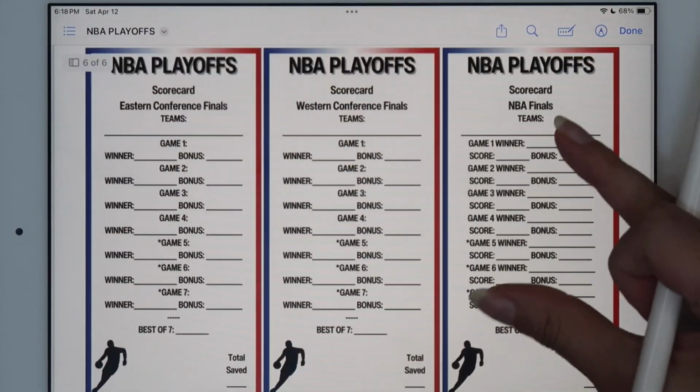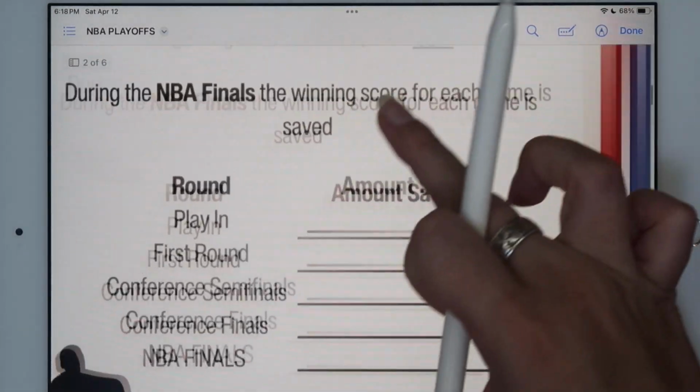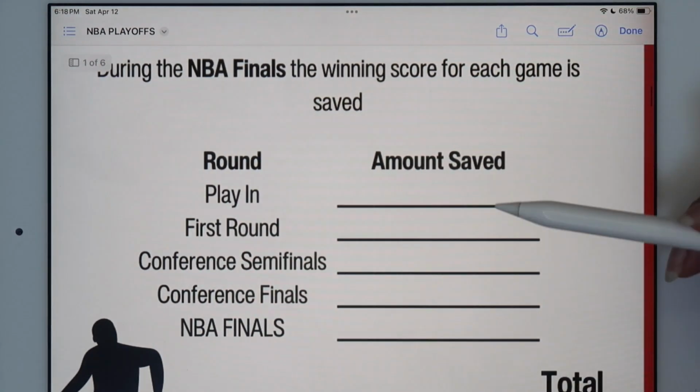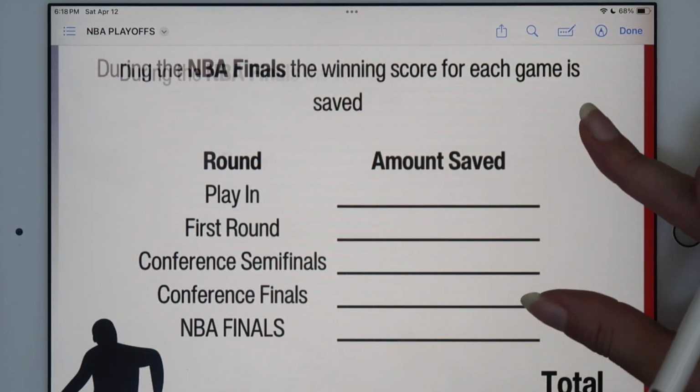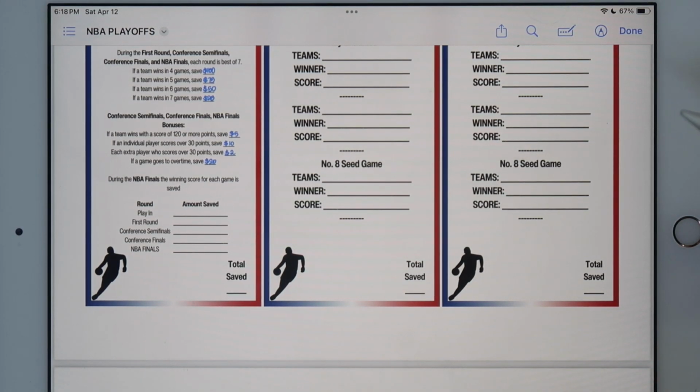And so after every round, we'll go back up to our scorecard and fill in how much was saved during each one. And then at the end, we'll be able to tally up all the stuff that we saved, all the money. And then I think I'll be doing it like I did with the digital March Madness, where I have,